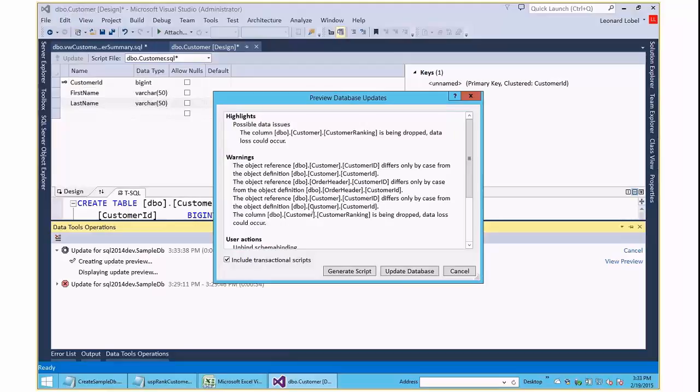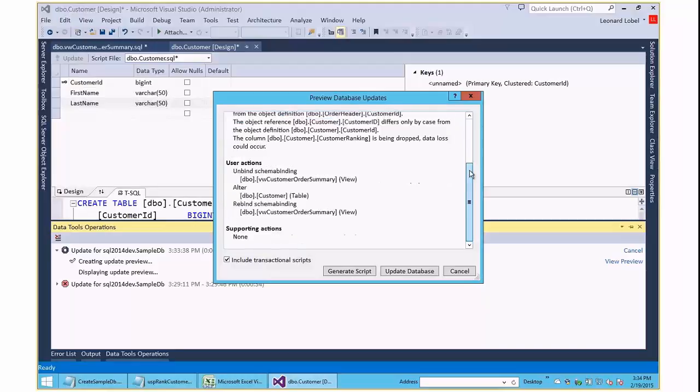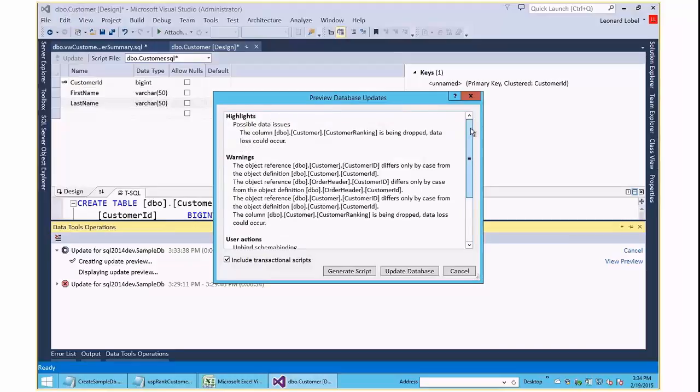So this is the very first time we're doing this, so we're going to have a look at the script that this generates. But really, over time, as you grow to become comfortable and trusting of the tool, you probably will just go ahead and click Update Database. But I would still caution you, even if you're not going to review the script first, to at least review this preview dialog to make sure that it's consistent with the changes that you expect to be made,